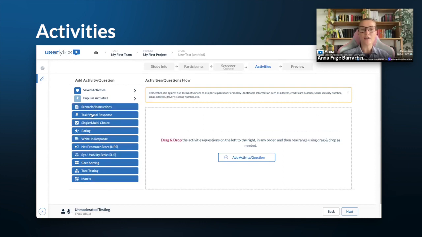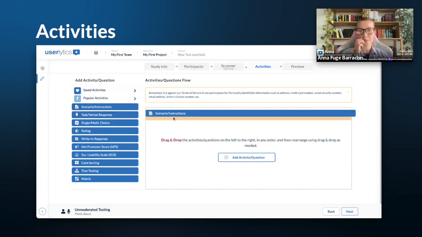Here on the left, you have all of the different question types that you can add. And you can see that there's a lot of different question types. There are some that are a little more qualitative than others that might have a little more quantitative input. Now let's go through them. What is a scenario or instruction? Well,